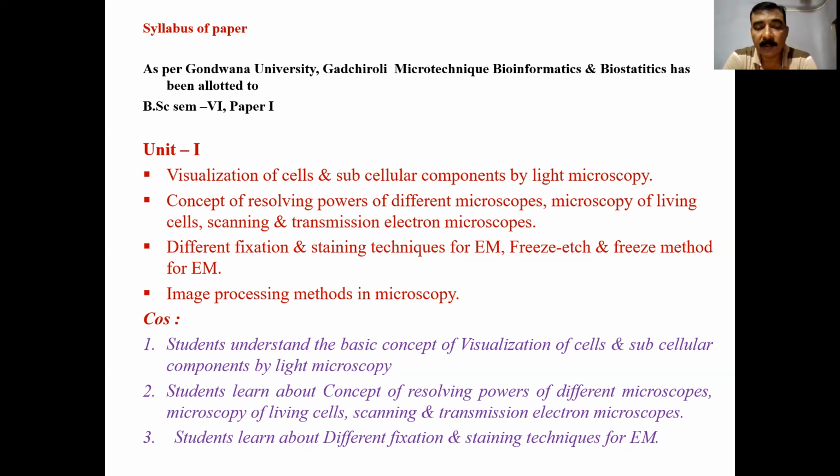Then microscopy of a living cell. Living cell imaging. It was first noted that a photograph could be taken of a live cell. But it is very difficult, because in a dead condition, when fixatives are used, further detailing of the cell is prohibited, and in a live condition we cannot take the photograph. So there was a problem. So microscopy of living cell imaging was invented. Then the phase contrast microscope and fluorescent microscope arose.